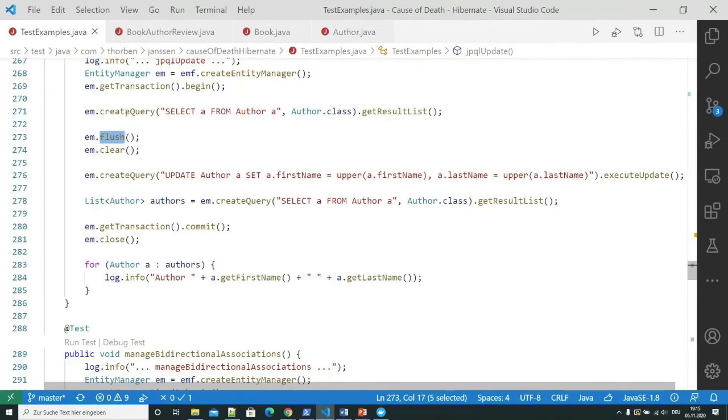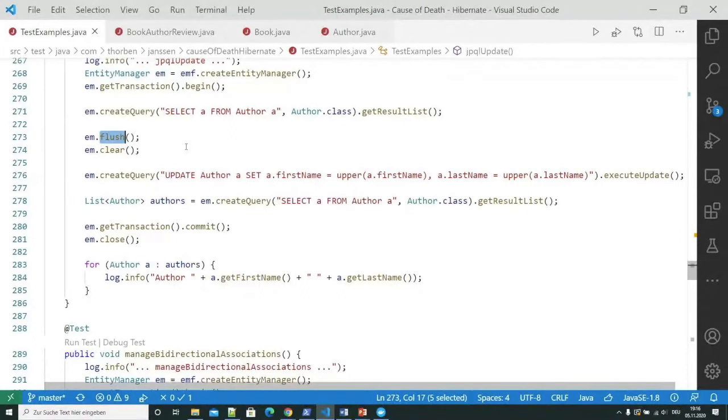So if in between here and the clear we don't have a flush, and we called any setter methods on the entity objects, then that change will never be persisted in the database. I had to analyze these kinds of things for a few customers in the past. Believe me, it's a horrible error scenario. You get a description like, when I do this in the front end, it looks like everything works fine. But out of this long list of changes that we did, every now and then some don't get persisted. It looks like we are losing some, and I don't know which ones.